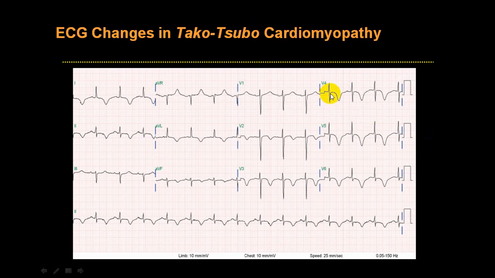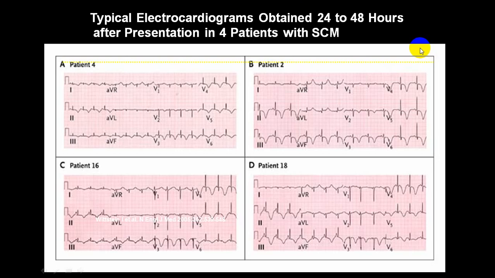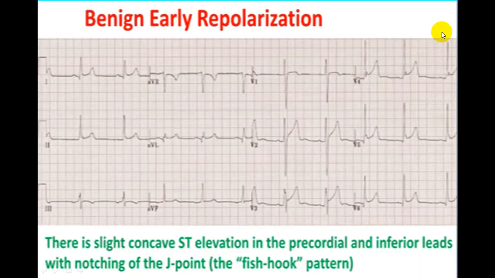Again you can see here sharp T wave inversion in a lot of leads, V2, V3, V4, V5, V6, plus even in lead 1, lead 2, even in AVF, AVL, and in AVR you can see T wave is upright. It is in opposite direction of QRS complex. So this is also considered as T wave changes. When you get generalized T wave changes and there is a history of stress, do keep it in mind, Takotsubo. These are also ECGs showing you all those generalized changes of T wave.